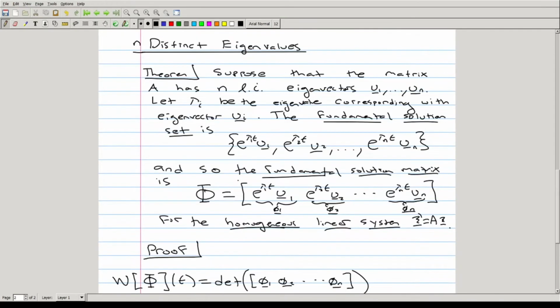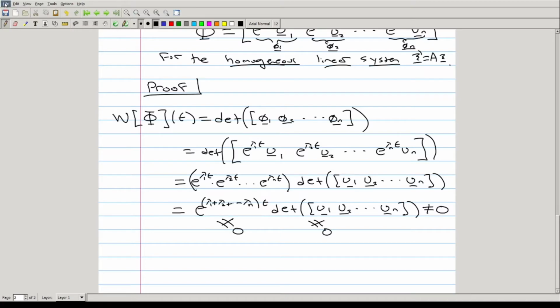Now things will get a little bit more tricky when we don't have n linearly independent eigenvectors, but we have the following theorem that will guarantee that we will always have linearly independent eigenvectors if we have distinct eigenvalues for the matrix A. So if lambda 1 to lambda n are distinct, which means different numbers, possibly real or complex, eigenvalues for the matrix A, or of the matrix A,